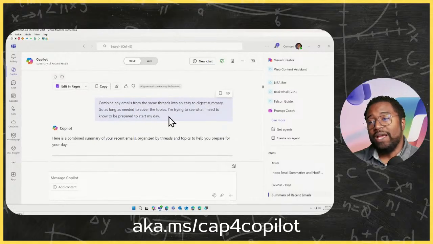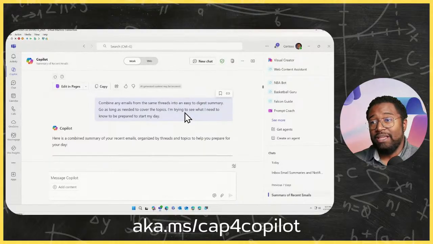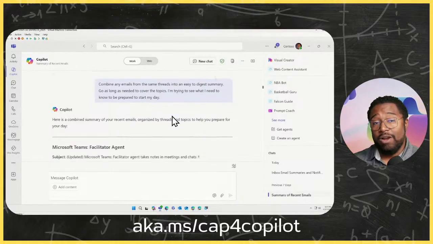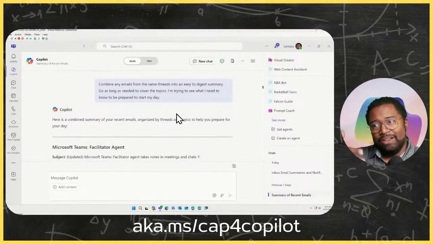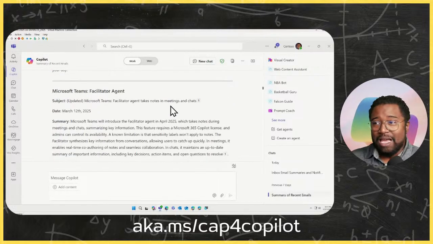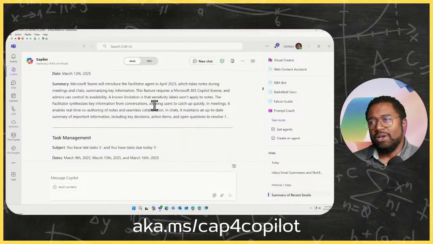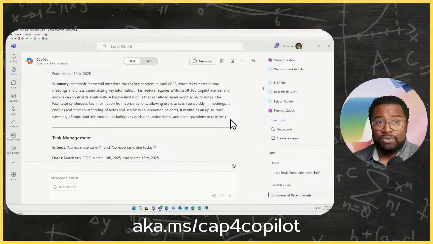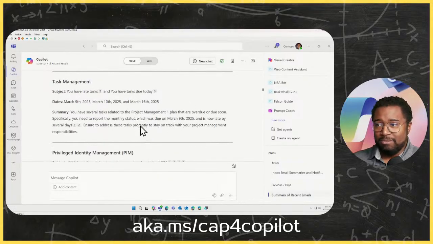Now I'm continuing. Now I'm saying, well, combine any emails from the same threads into a summary. Go as long as you need. I'm trying to prepare for my day. Again, I'm just pulling little pieces from that super prompt and just doing them iteratively. And Copilot is happy to adjust. So it is now done. You can see it's starting to look a little more like the other results. Again, no table yet. I didn't ask for a table in this session, but it is giving me some summaries